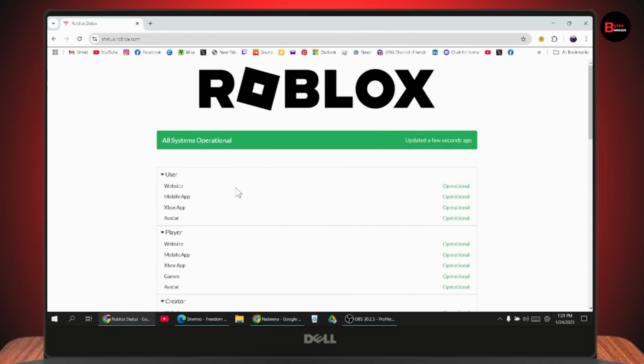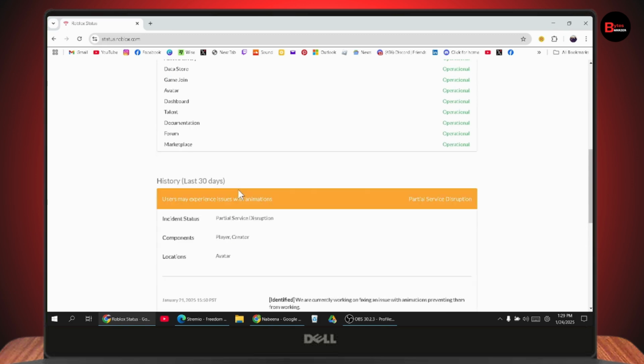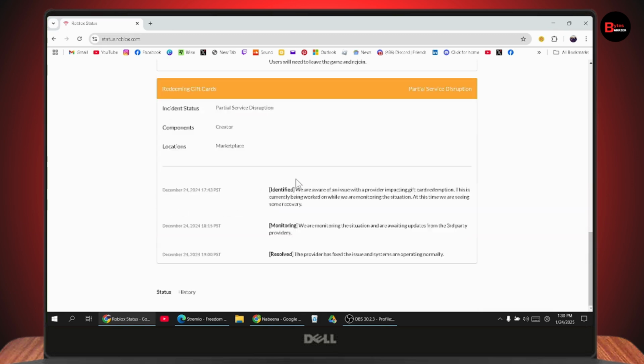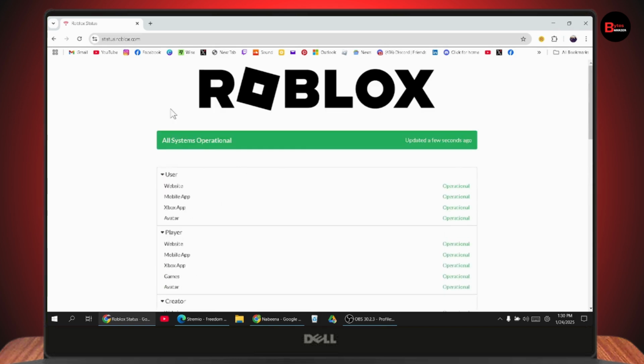Now if you have anything that says multiple components are down, or if you have this orange color or yellow color or red color interface, that means that your status is not working properly. But if you have all systems operational, which means that your system is working properly, it's not about the system issue. But if you have any interface which says service disruption, then you just need to simply go and wait for